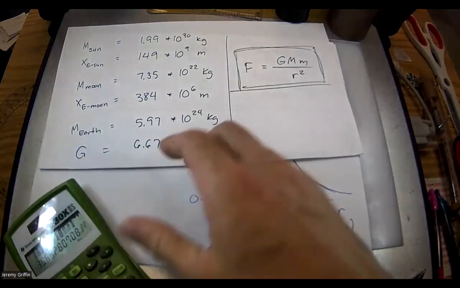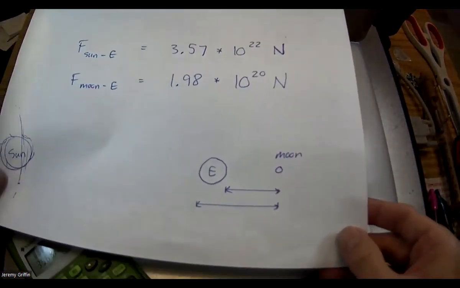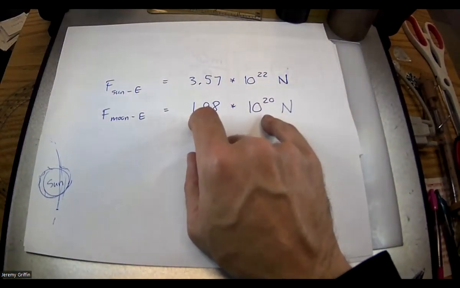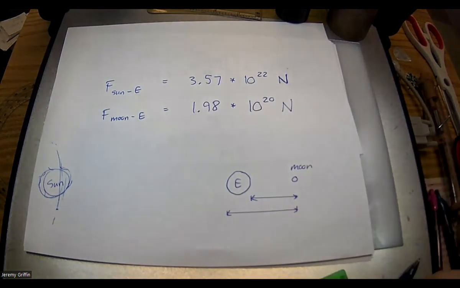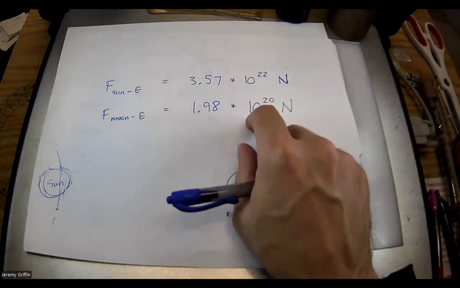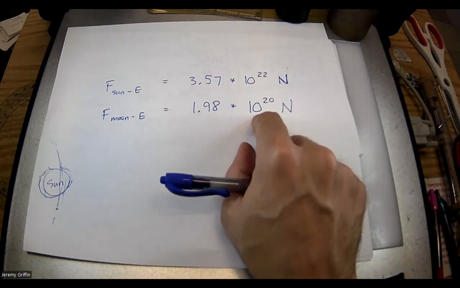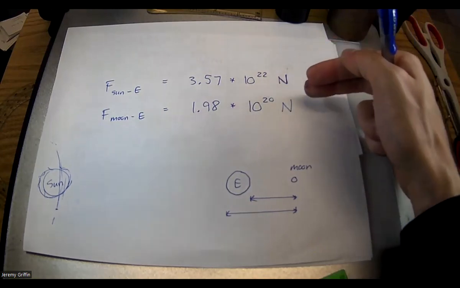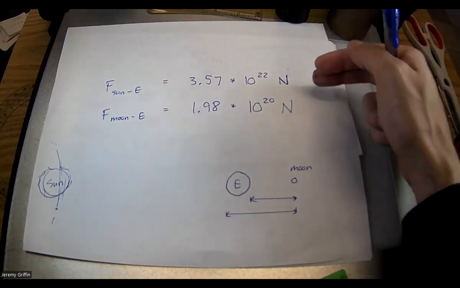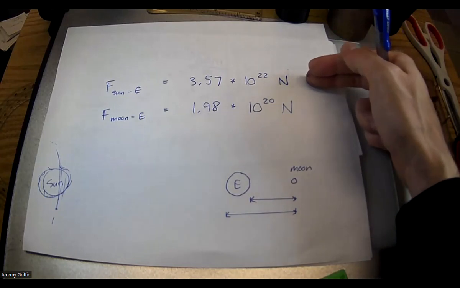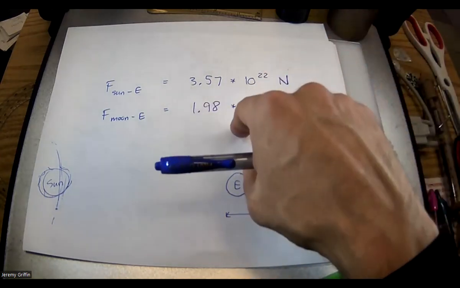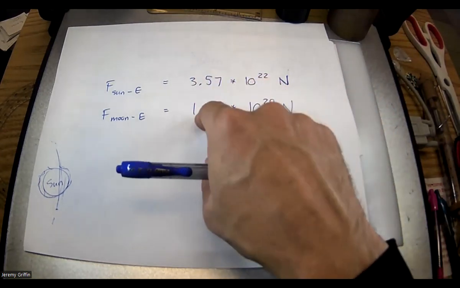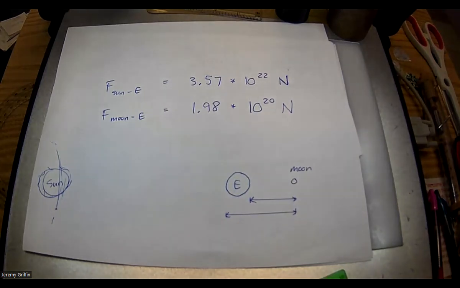Okay. Now, if you do the same math between the Earth and the moon, here's what the answers end up being. Okay, so from the sun to the Earth, it's this number. From the moon to the Earth, it's this number, right? And which force is bigger? Well, the most important thing to look at to answer that question is the power of 10, isn't it? Right? Guys, 10 to the 22 versus 10 to the 20. Okay, so what's the answer to the question? Which force is bigger? From the sun or from the moon? The sun, right? It's not even close. It's like over 100 times. Because 10 to the 22 compared to 10 to the 20, that's a factor of 100, right? Okay, and 3 is bigger than 2. So yeah, it's over 100 times more.